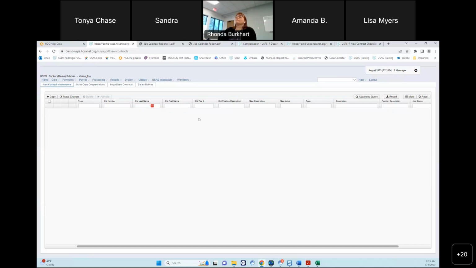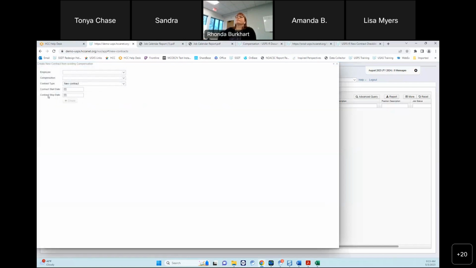There are 3 different ways that you can create new contracts. We'll go through each of them. So you're in new contract maintenance, and you can click on copy. This will do 1 person at a time. I don't really know when this makes sense. Maybe you forgot somebody for some reason. This one you're probably not going to use a lot, but you will